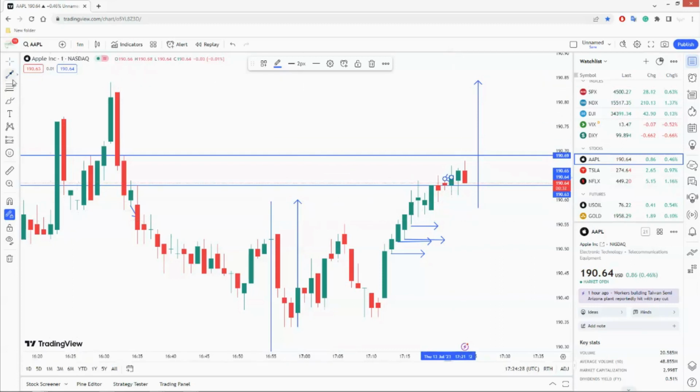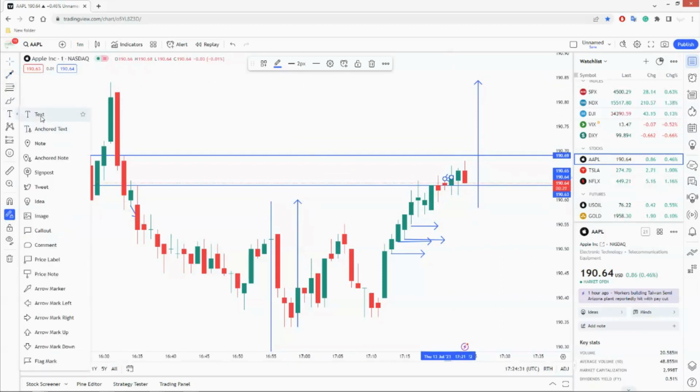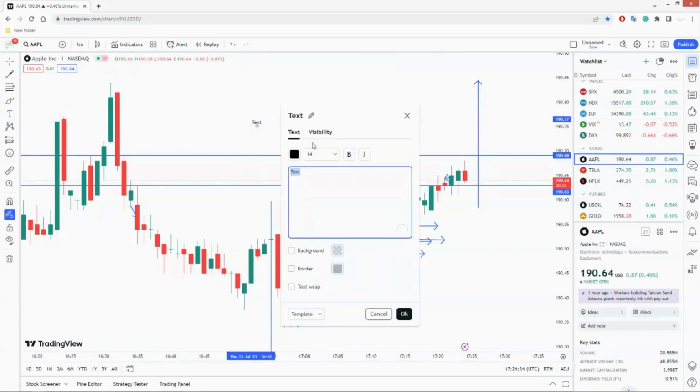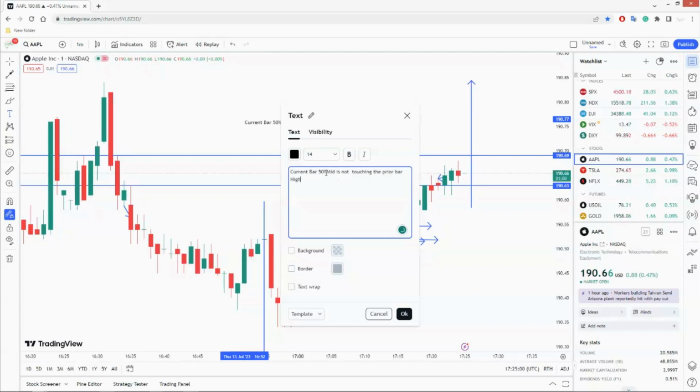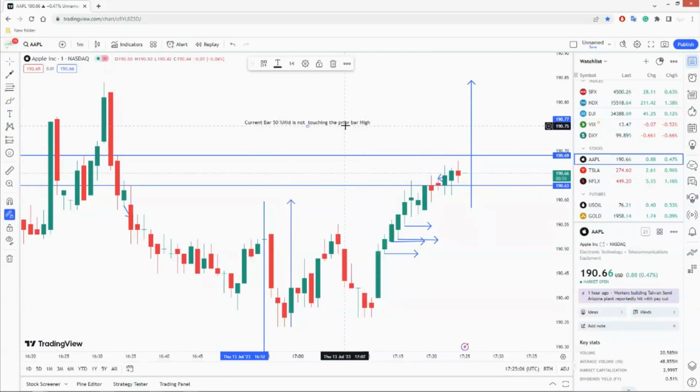Now if you're having a hard time understanding, I'll type it. Let's type this on the chart. Current bar, 50% mid is not touching the bar high. We're going to do high in this scenario because it's climbing. All right, so we're going to do high here. But if it was in the opposite sense, we would be going with the